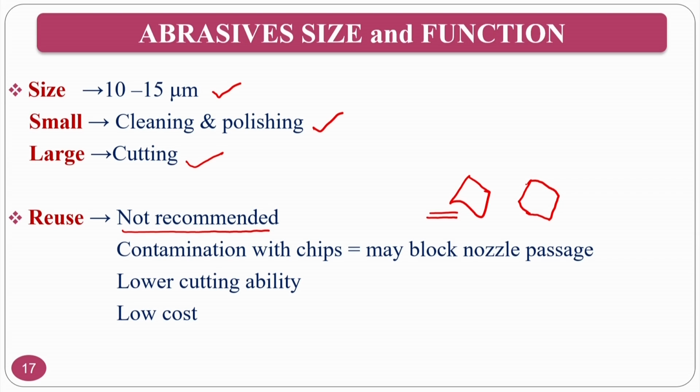and its efficiency goes down. At the same time, when you use it again, it may be accompanied by chip material. So the performance of this abrasive particle goes down by lowering the cutting ability. At the same time, abrasive particles are not that costly, so it is economical to go for Al2O3